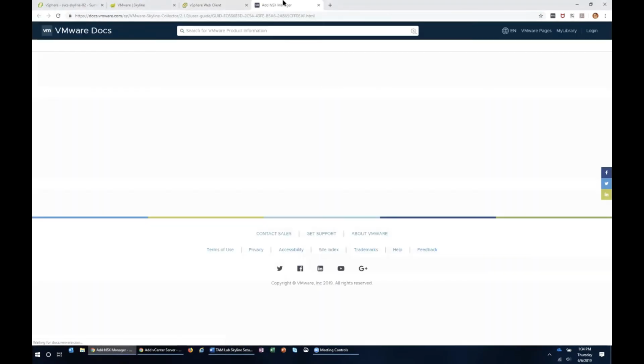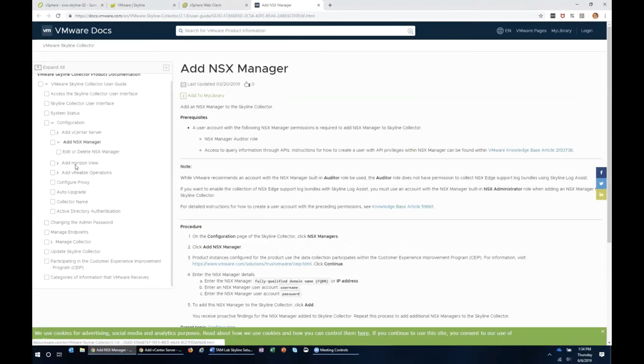All right, and then I do believe that NSX-V requires that if you want to grant a user permissions to something, you do it in the Flex client. So I'm going to fire up that Flash client and wait for it as well. Again, I'll pull up this article. The Skyline docs are really good,